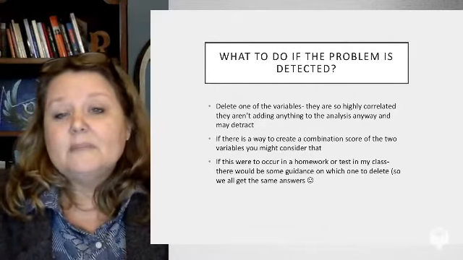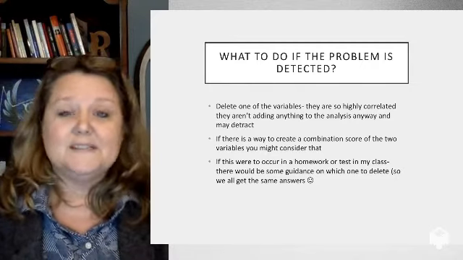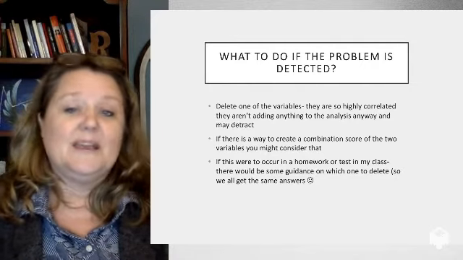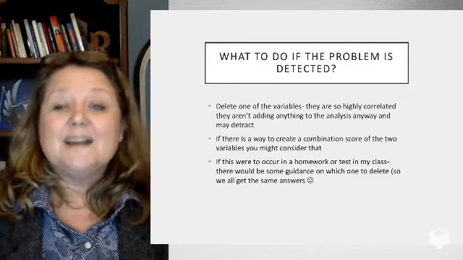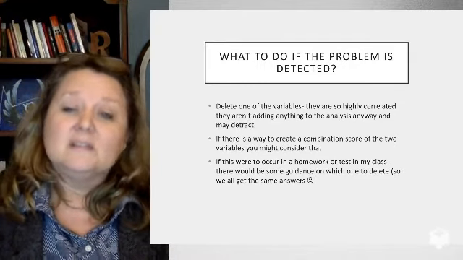So what do you do? What happens if your tolerance statistic is less than 0.1, or if your correlation is higher than 0.80? What are you going to do? Well, there's not a lot you can do. One thing you can do is just delete one of the